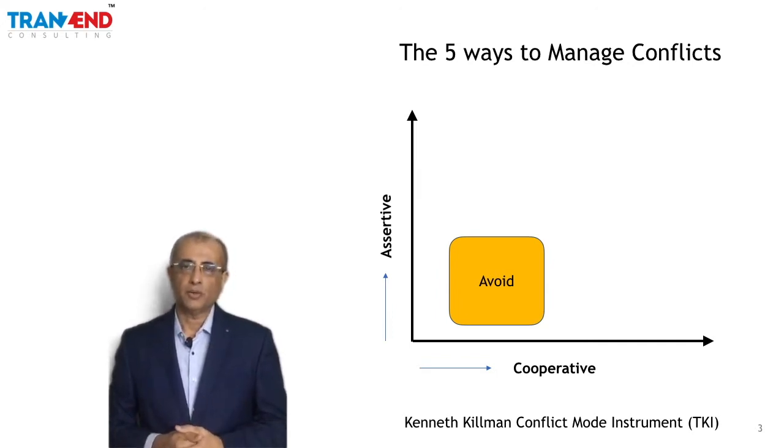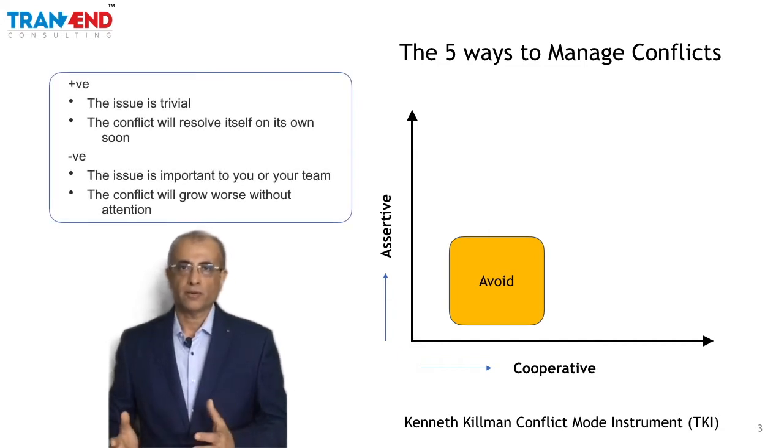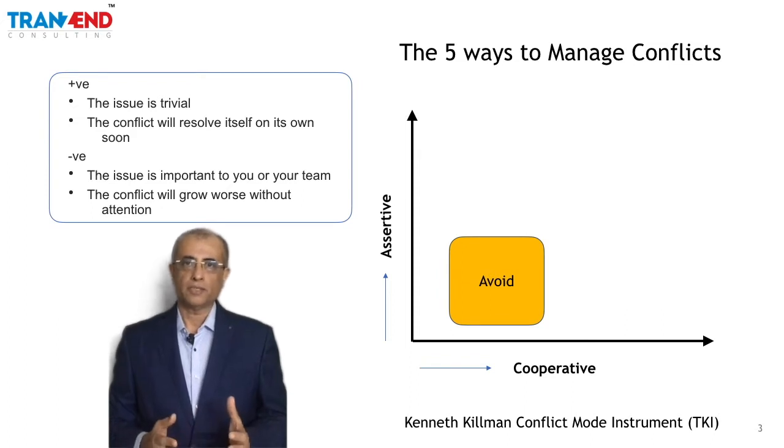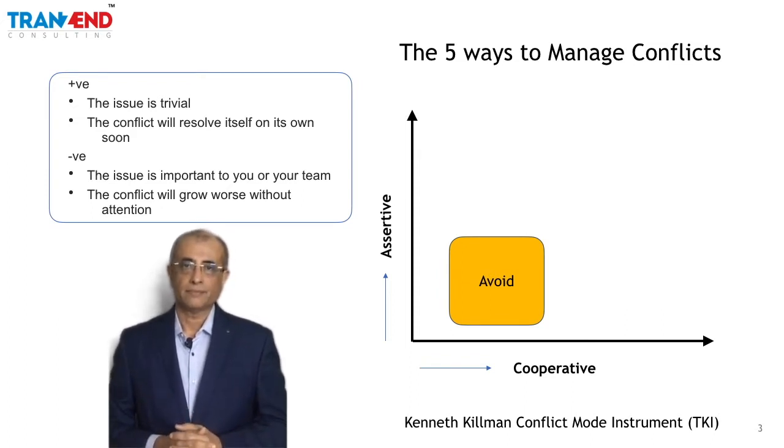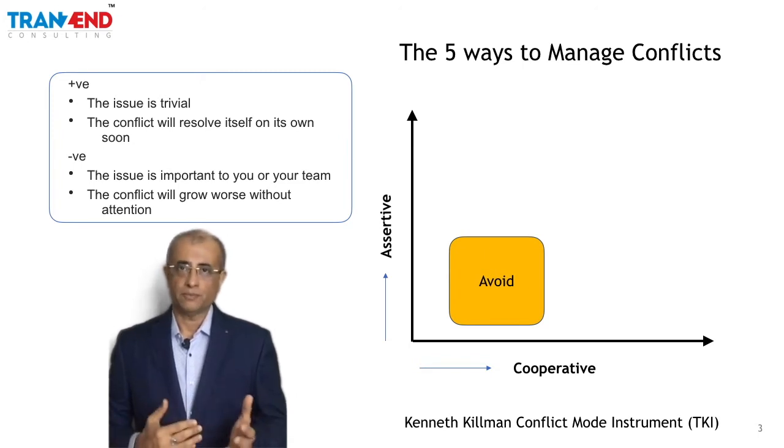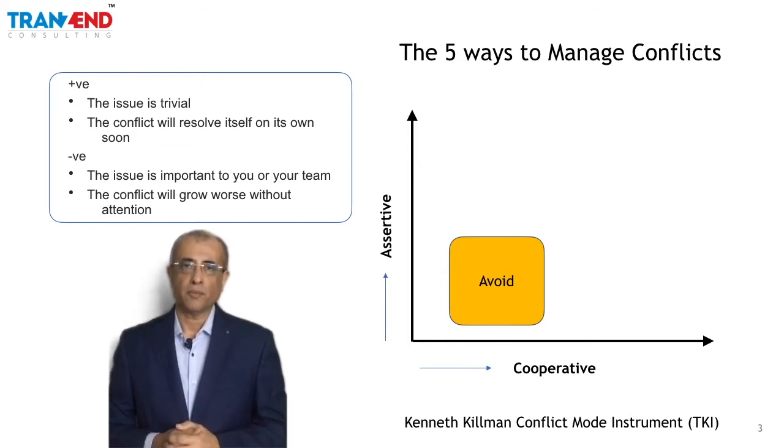So let's say, for example, the issue is trivial. So let's say you have a conflict with a colleague at your workplace about the position of the coffee machine. The colleague wants the coffee machine to be shifted by a couple of feet. Now you don't see why this should be done. At the same time, it's not important for you. And this colleague is trying to bring that up as a discussion with you every time. You know that it doesn't make a difference to him or to you. So you just avoid getting into that discussion because you know that it's not important either for you or for him, and maybe this person is just getting into this fight because of some ego issue.